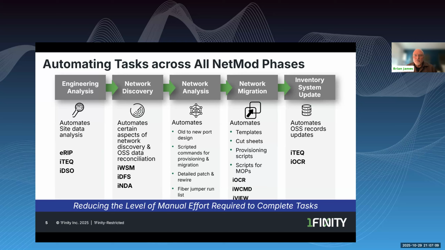And the last phase that I did not talk about in the very beginning was the inventory system update. That's the OSS record. So as you migrate from old to new, using the Tejas equipment, the OSS records will obviously need to be updated. We've got a couple of tools that automate that to help get those records in upstanding order based on the red lines from the migrations that we did, to have your records at this point in time 100% accurate. And now as time goes on, we can continue to update those records to keep them as accurate as possible.